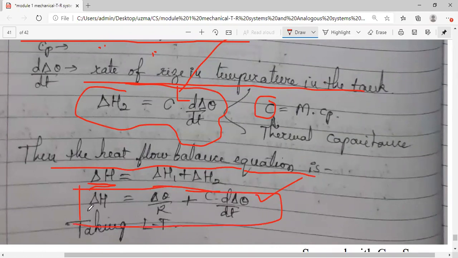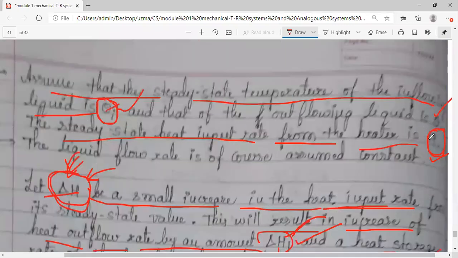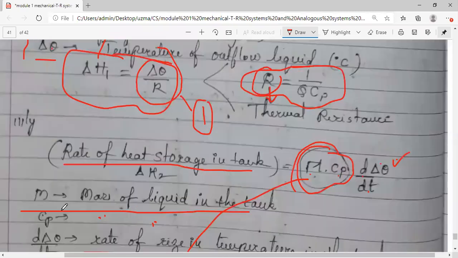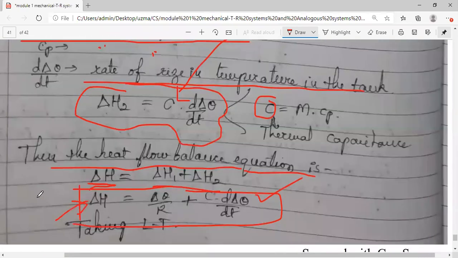Very clearly I have told you, when you are taking initial values, all these, H is your initial value. इस जो भी system में changes हो रहे हैं, it is all due to delta H. If you change the heater's heat, every other thing will change. So that's why in this system, जो ये change हो रहा है heat, that will be your input. And जो temperature change होगा, that is your output.